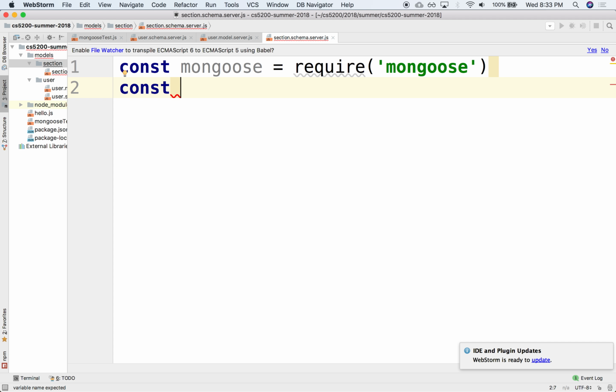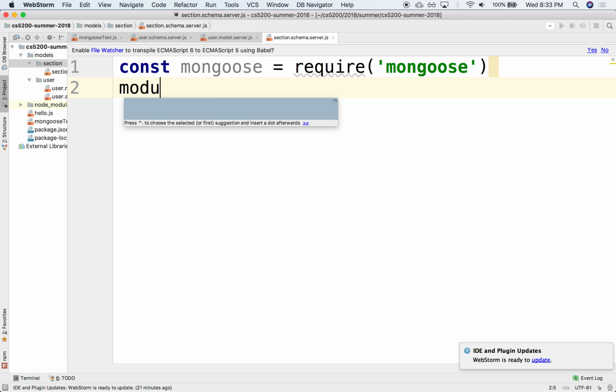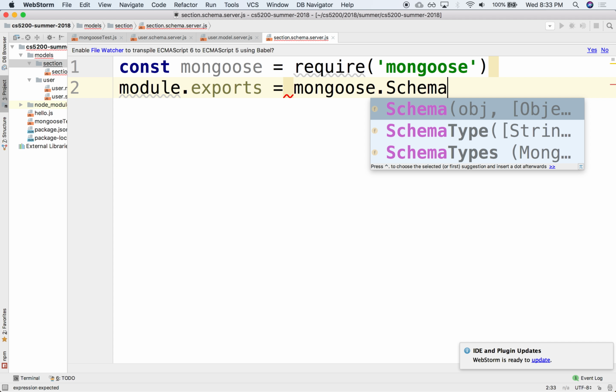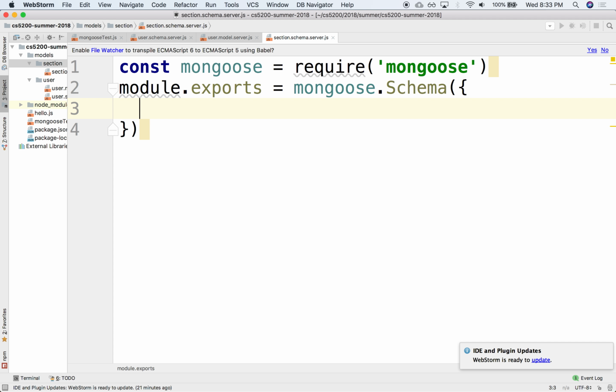Const, and this will be, we'll probably just module.exports, and we'll just export mongoose.schema. We'll export the schema right away. No need to declare a variable and then export that variable, right? We can just export whatever mongoose schema returns, right? So this might be